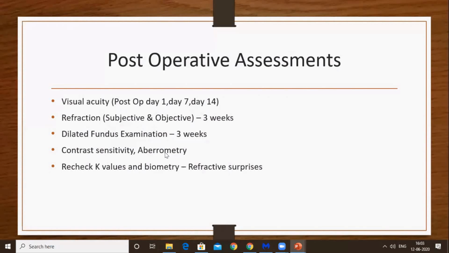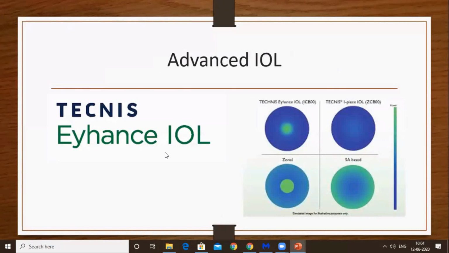Okay, as an advancement, I want to discuss two lens products here. Both come on a refractive platform. Nowadays, many patients have a lot of computer work. So Johnson & Johnson came up with an advanced IOL called the iHands. This IOL is called a monofocal IOL, but it's actually an intermediate IOL.